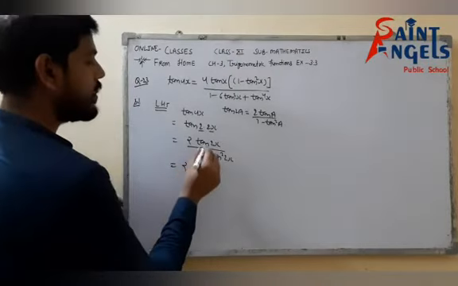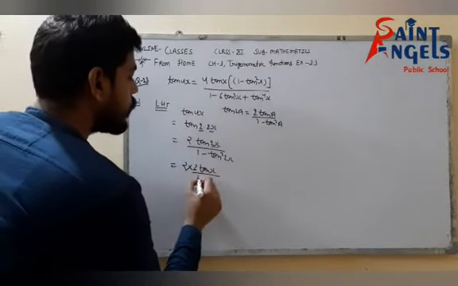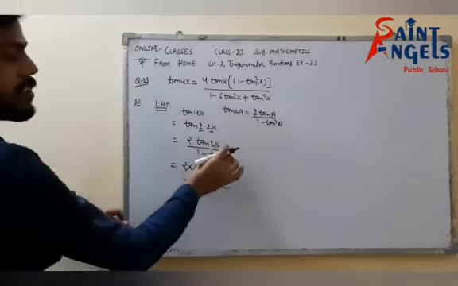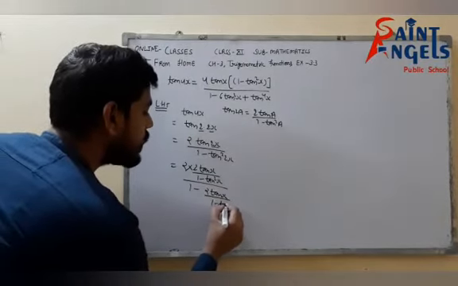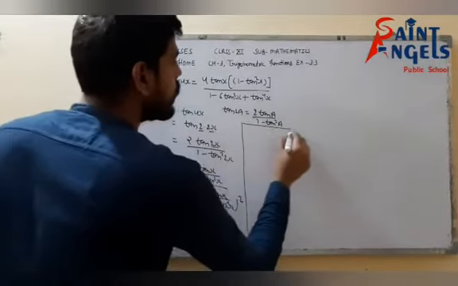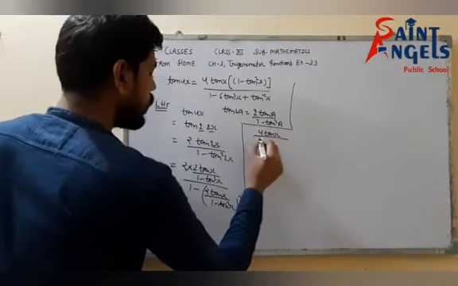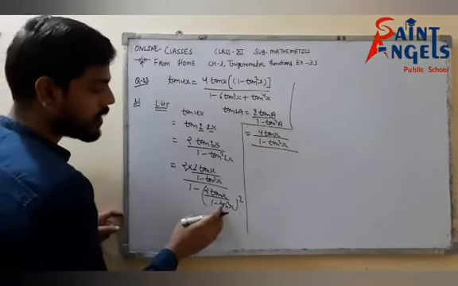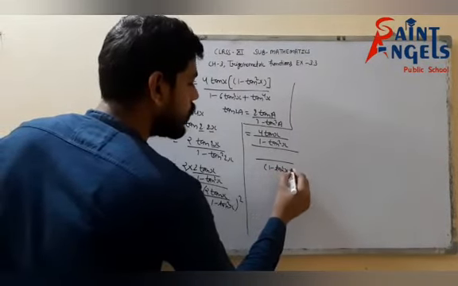So 2 into, beta, again this is the form of tan 2a. Apply the formula. So 2 tan x upon 1 minus tan square x, upon 1 minus the same here as well. Beta, and this is the whole square. So 2 tan x upon 1 minus tan square x, whole square. Okay. So beta, from here just solve it. So that would be 4 tan x upon 1 minus tan square x, upon, beta, I am taking 1 minus tan square x whole square as the LCM. So 1 minus tan square x whole square as LCM.